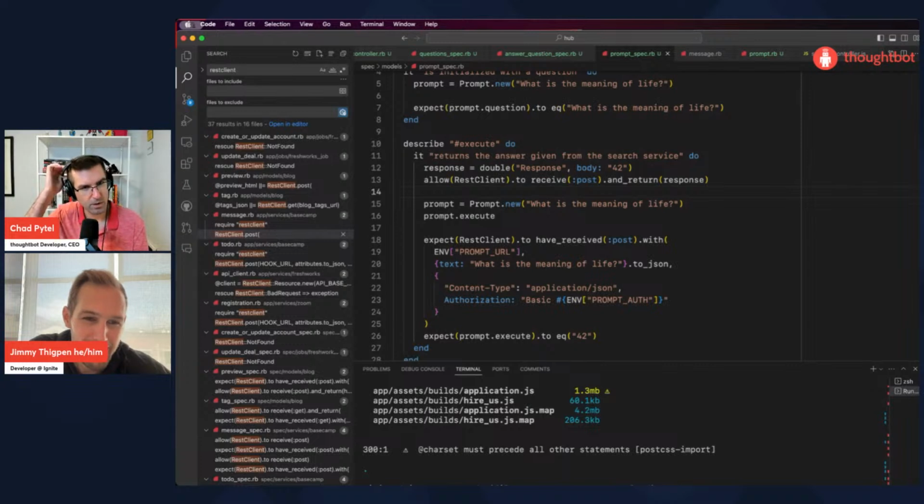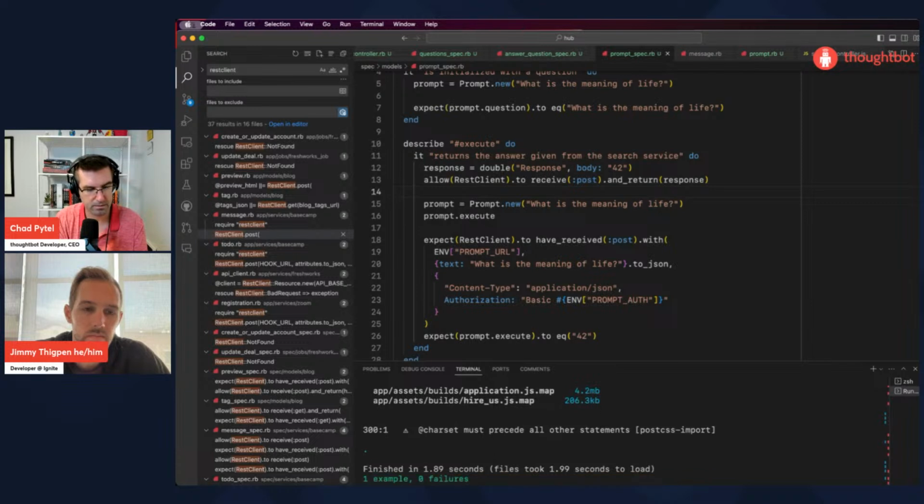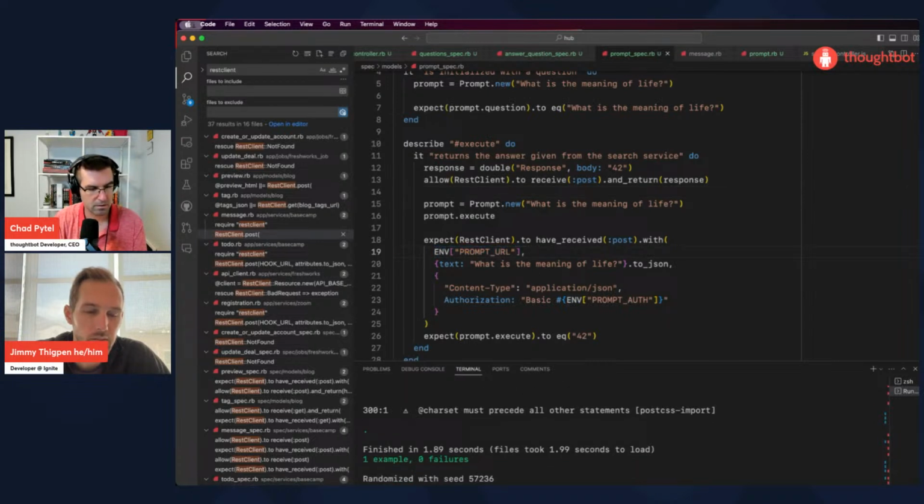So now we have a class that knows how to talk with the search service. So actually, what's a good way to demonstrate this? If we go in Rails console now, we can play with it.